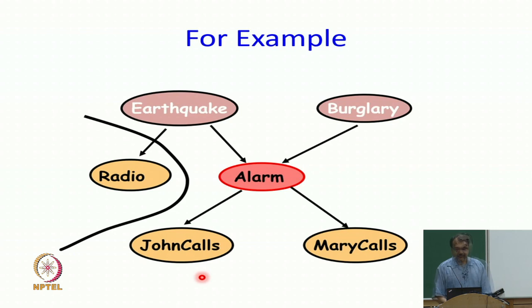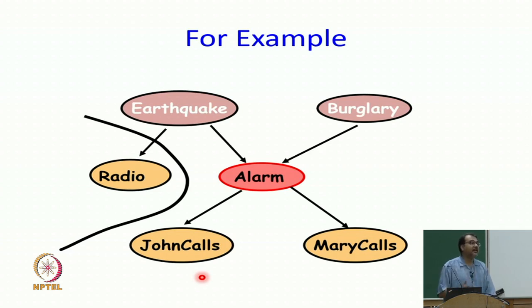I would really strongly encourage you to do these kinds of questions at home. This is exactly the way you have to formulate the question: I already know earthquake and burglary. By additionally knowing about this variable radio, do I get more information about alarm? Then think about it, and the more you think about it, the clearer it will get.